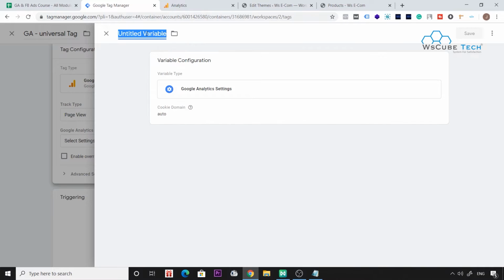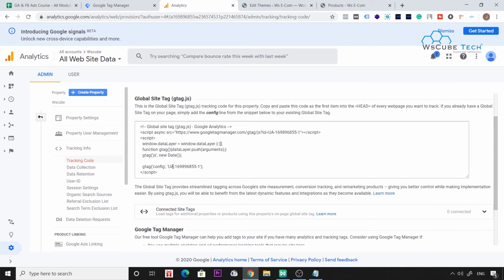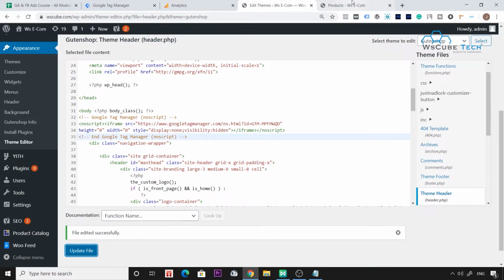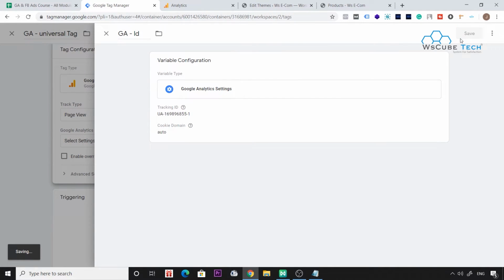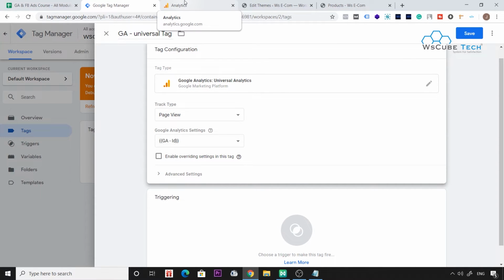So we'll be writing here GAID. This is GAID, and the tracking ID that we have over here, we have to put this. So we can copy this, and then we can put this over here, and then we have to save. This is our ID that is basically unique to our Google Analytics account.